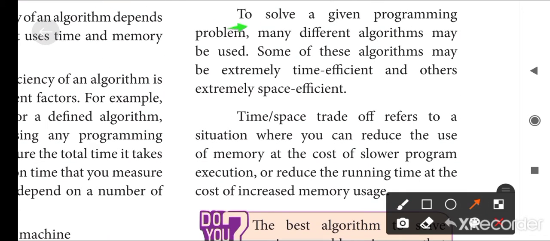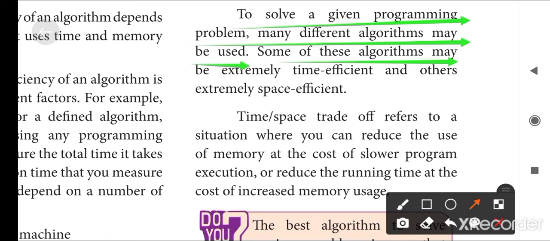To solve a given programming problem, many different algorithms may be used. If we want to solve one problem, we can use more than one algorithm to accomplish a particular task. Some of these algorithms may be extremely time efficient and others extremely space efficient.